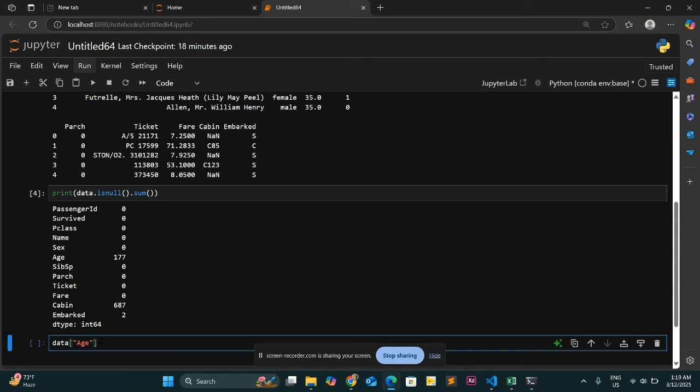So what is the method to fill out the missing values? First of all, you have to write the name of the file. After that, you have to write the name of the column which actually contains missing values. After that, you have to write the command fillna, fill missing value NA. After that, again you have to copy and paste like this, Control C, because you are going to fill this column in the data. This column should be filled with this column's median. So you have to write dot median,